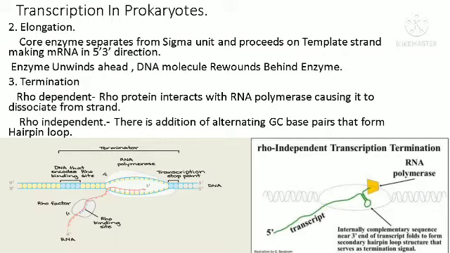As the RNA polymerase continues to move along the DNA template strand, it will reach a stop point. Once it reaches that stop point, in prokaryotes, there are two ways in which it can end this transcription process. You have what is known as the rho-dependent termination, and you have what is known as the rho-independent termination. So in the rho-dependent termination,